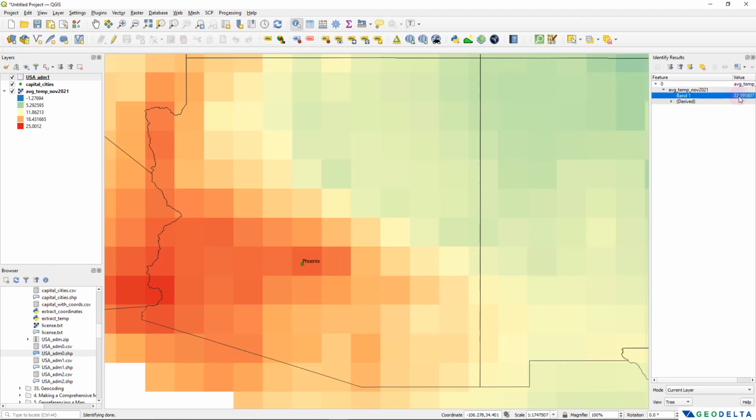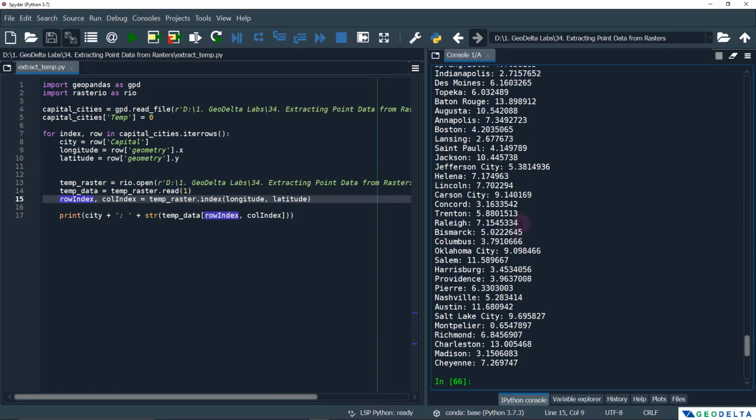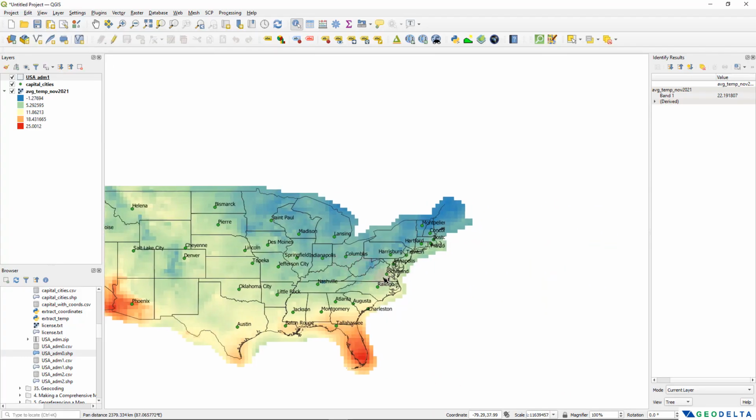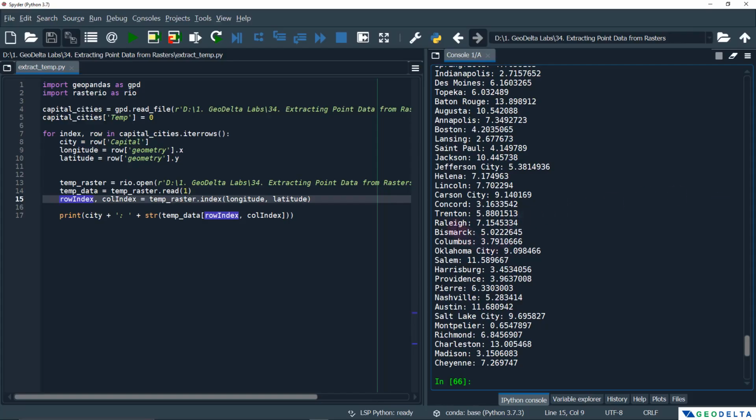And right over here, you can see the temperature value is 22.19, which basically matches with whatever we had before. And if I quickly do a second check, if I go to Raleigh in North Carolina, maybe we'll go back and check. That should be somewhere over here. Yeah, so when it comes to this pixel, the temperature value is 7.15, which again agrees well with whatever got